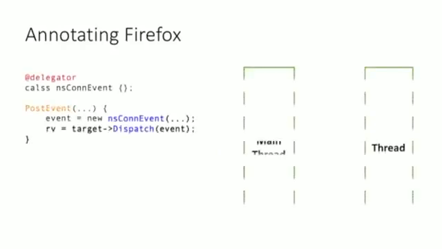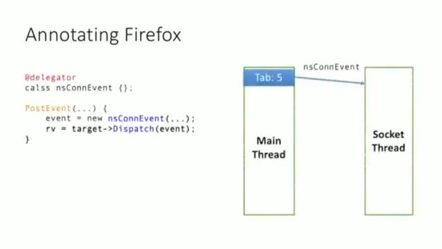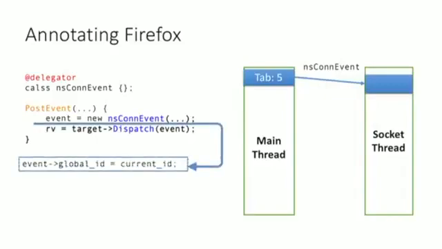So this is an example. The left-hand side shows the NS connect events. In Firefox, it's a connection event. So HTTP, FTP, and whenever the main thread wants to connect to something, it will post the NS connect events to the socket thread. Previously, we know the socket thread doesn't know the global context, but